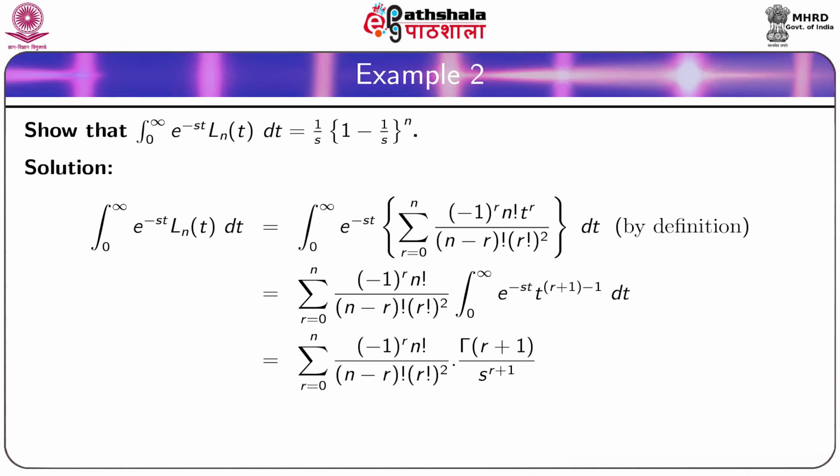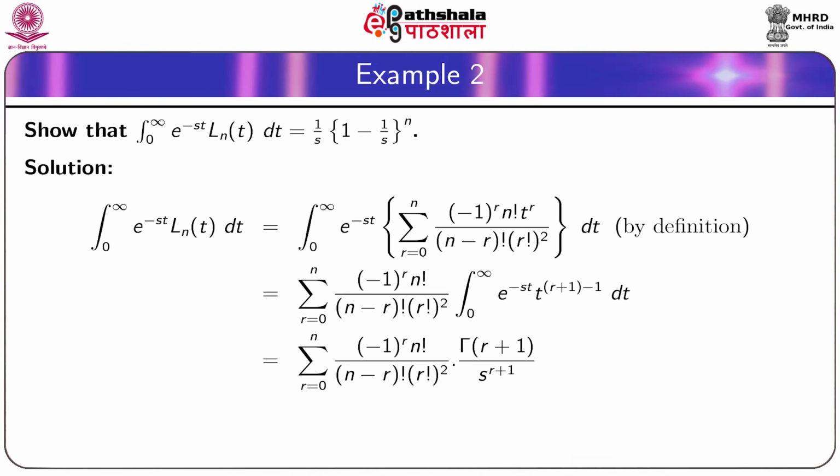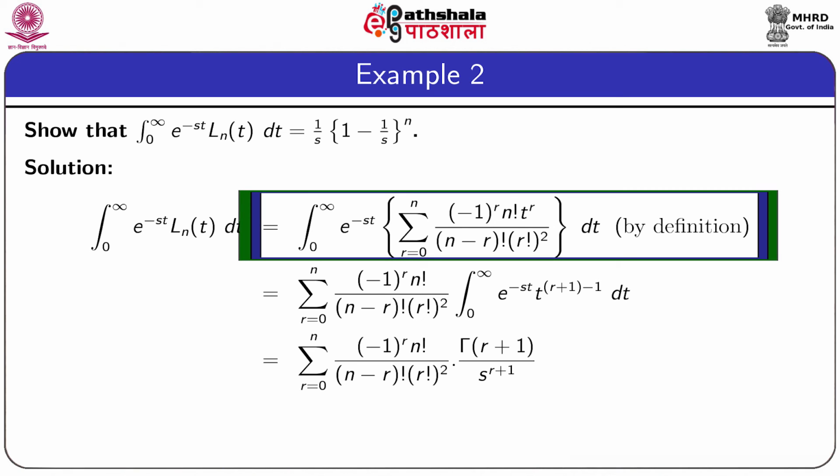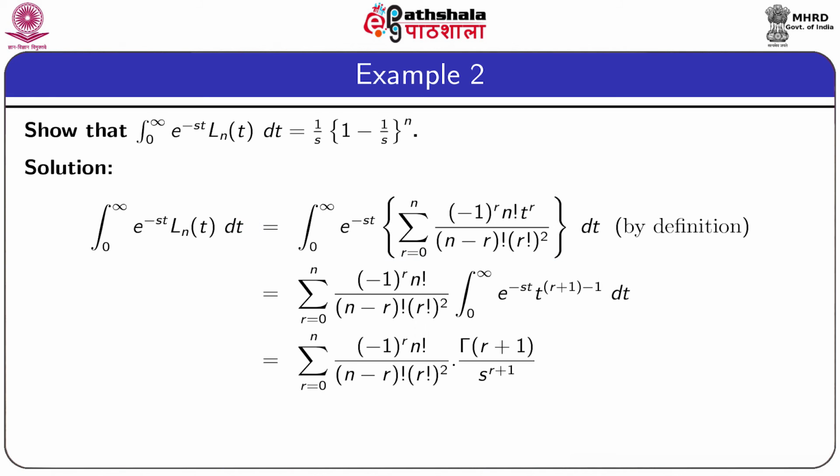Now, we take the left hand side, that is integration 0 to infinity e to the power minus st Ln t dt is equal to integration 0 to infinity e to the power minus st summation r equal to 0 to n minus 1 whole to the power r into n factorial into t to the power r divided by n minus r factorial into r factorial square dt, and this we obtain by substituting the value of Ln t